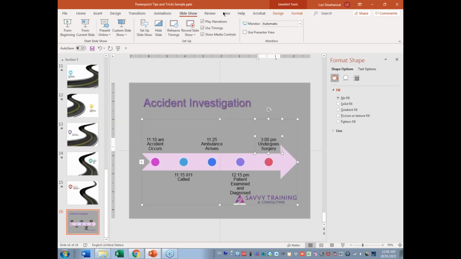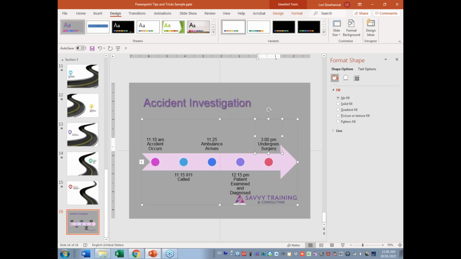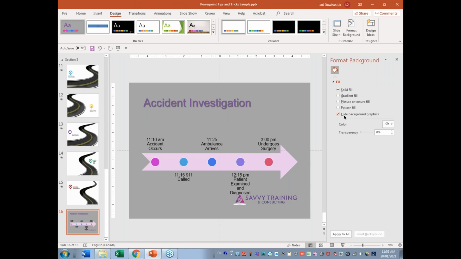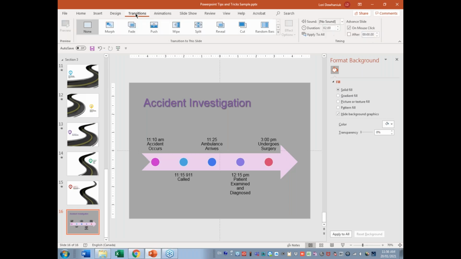And I realize I don't want the graphic there, so I want to remove the Savvy Training logo. That's under Design, Format Background. I'm just going to check the Hide Background Graphics. And now under Transition, I'm going to select